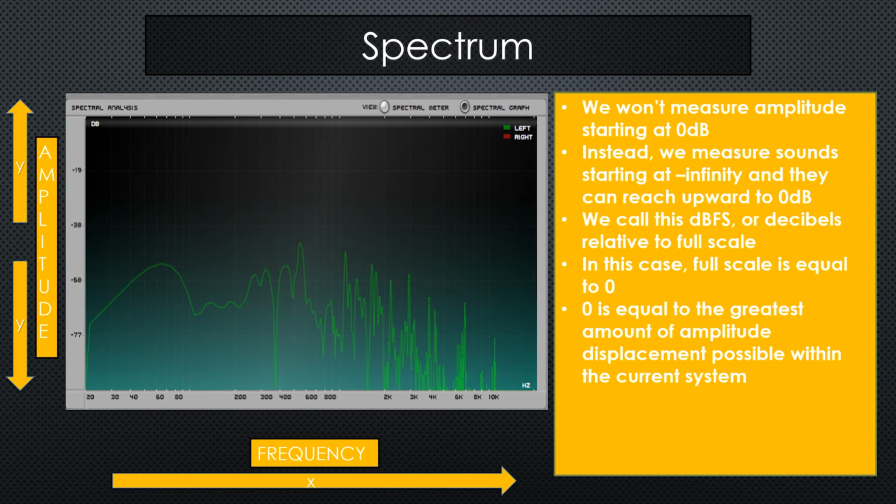So negative infinity would be the quietest possible sound, or no sound, or really just the noise floor of the system. And as we work up to 0, we reach the loudest possible sound within this system, or the greatest possible amount of amplitude. For example, a record groove that is pressed all the way through the vinyl. So if you think about how a record is printed, we carve grooves into that vinyl, but the record is only so thick. And if we carve all the way through that record, or all the way to its base, we've reached that 0 point. We've reached the theoretical greatest amount of displacement inherent in that system.